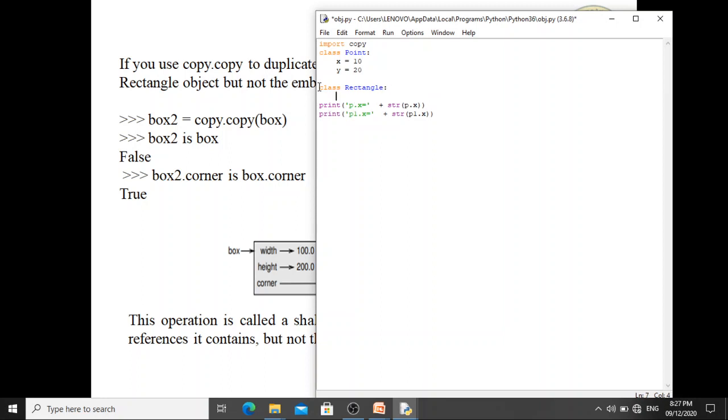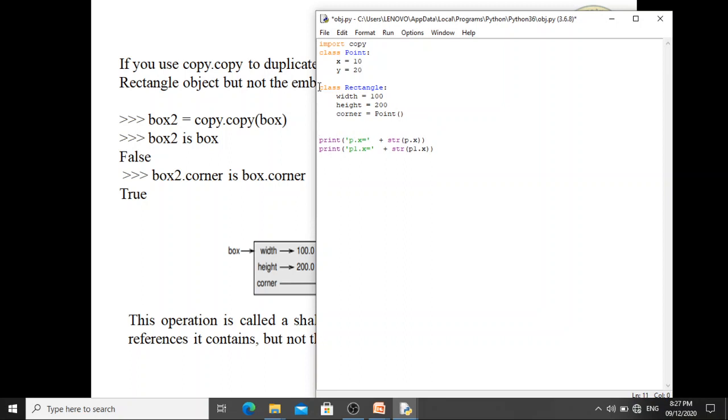What all does it contain? It contains width equals 100, then height equals 200. Then we have corner. Corner is of type Point.